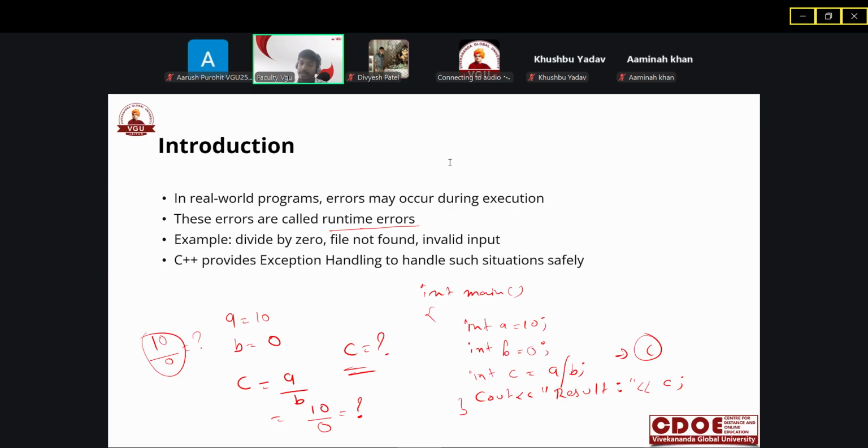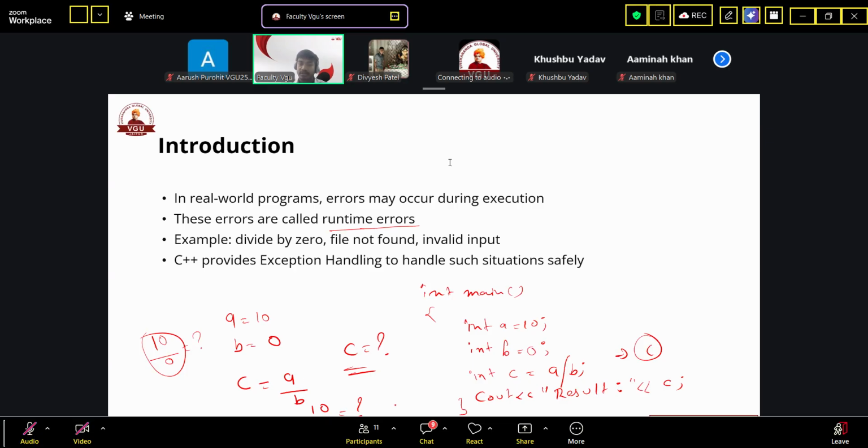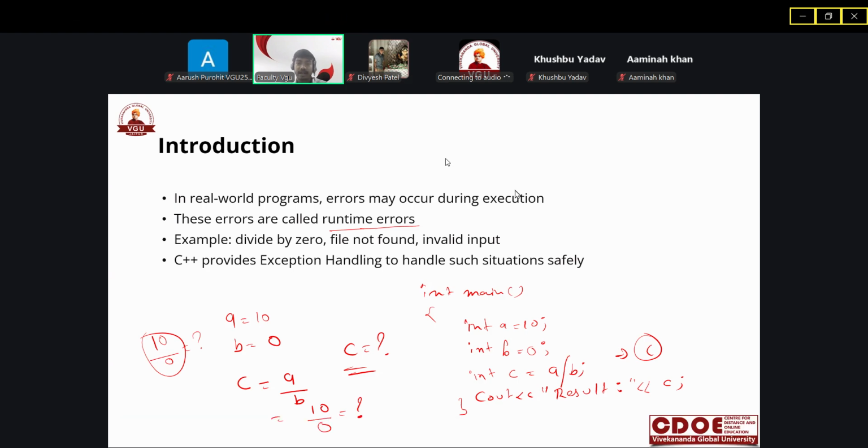Yes, Ekta, it is undefined, and the output should be like what? Infinite. You can say that we cannot divide by 0. So this is undefined. The structure and logical syntax of this program is correct. But whenever we write this kind of code, where anything is divided by zero, that is undefined. So how can you store that undefined inside the integer? It will give an error at runtime.